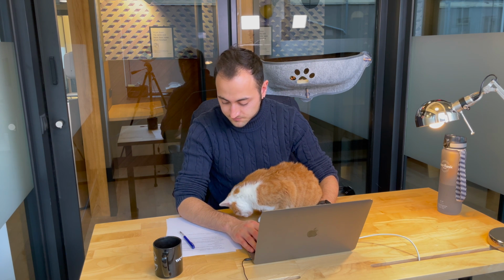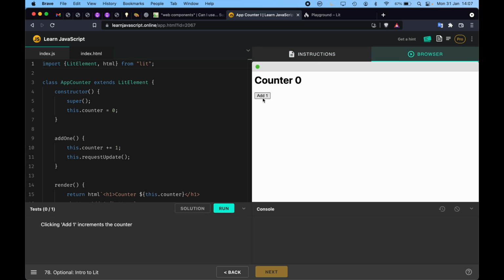And for that I'm going to go to more or less the last major topic, and you're going to see how we just learned how to make a counter. And honestly, in other technologies it takes quite a while to learn how to do a counter because so many things are involved. So let's go to the next challenge, and I'm going to show you this challenge where we have to create a counter, where if I click on add one, we will have to increase the counter. So let's